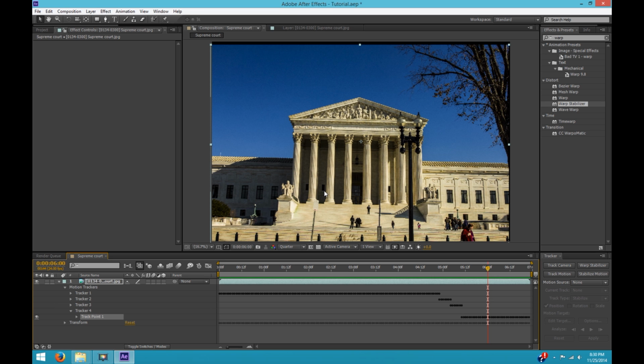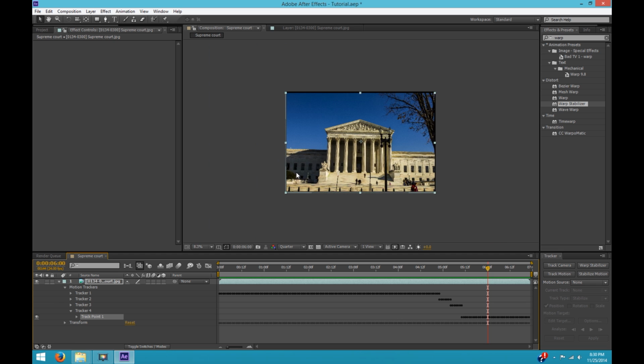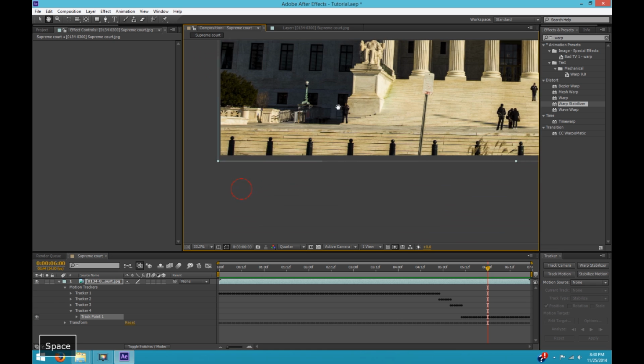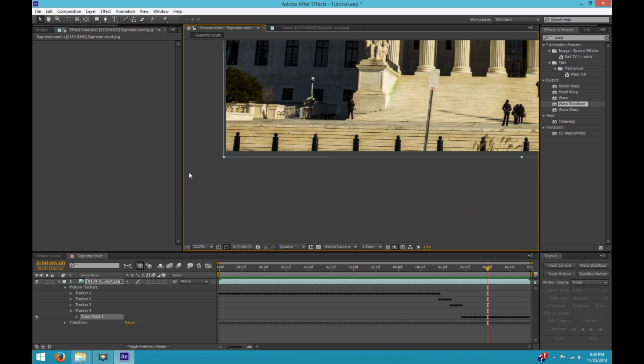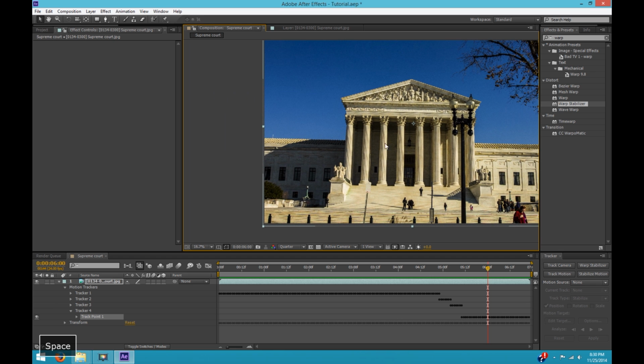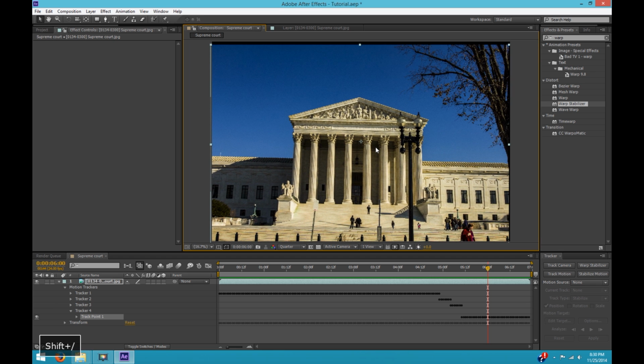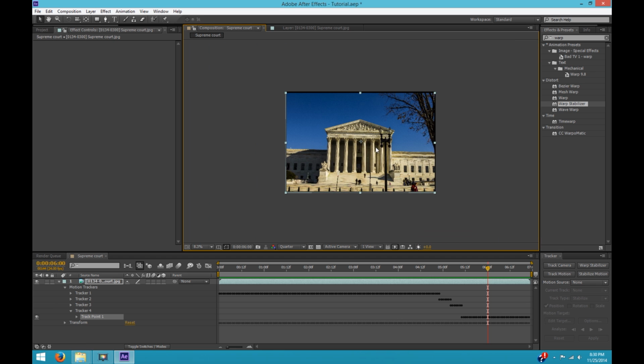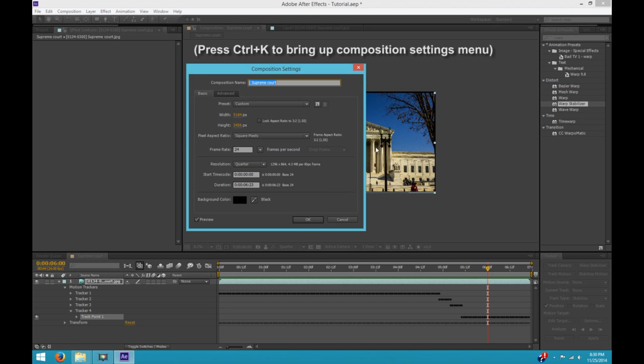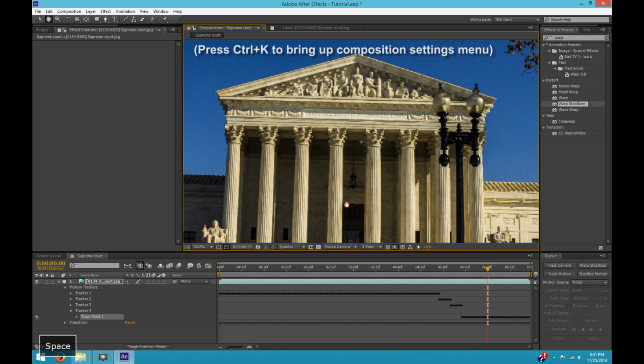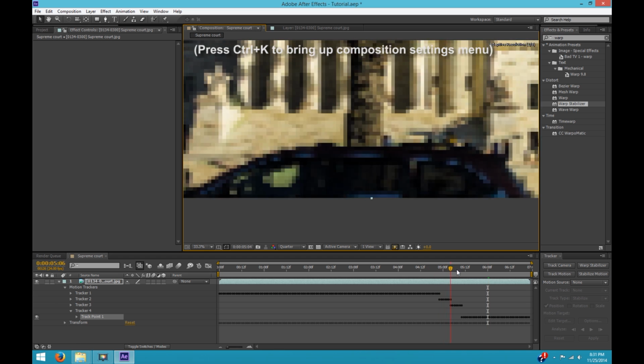Okay, so one thing I want to check out before I move on to the next step is this is going just a little bit outside the frame. A mistake I made on my last tutorial is I forgot to change the size of the composition to make sure that this image isn't getting cropped. It's getting cropped only a tiny bit here, but I'll just increase the size a little bit and try to make sure that the image isn't getting cropped here.